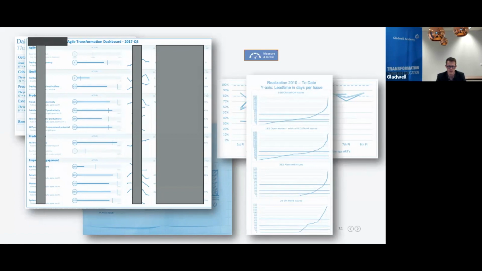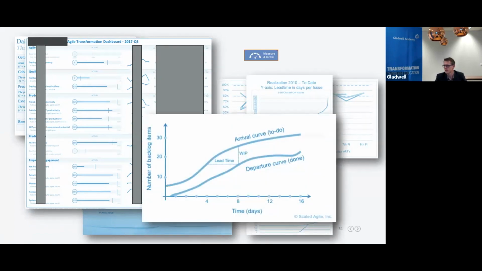But start simple and start in a way that you can really repeat it over time. It's not that difficult to invent a new measurement or a metric. It's really hard to do that over and over again to create a trend and to be able to steer on that trend and to create actionable information that allows you to improve. Cumulative flow diagrams, of course, are very important to understand the flow in your system. Most of the time, Agile release trains don't start with cumulative flow diagrams; that will come over time. But of course, really valuable.